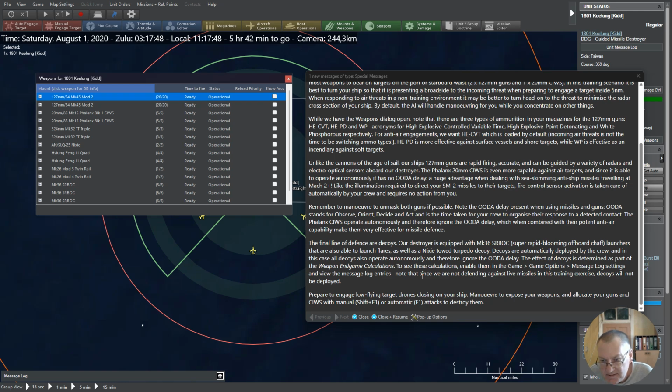The Phalanx is even more capable against air targets, and since it's able to operate autonomously, it has no delay, a huge advantage when dealing with sea-skimming anti-ship missiles traveling at Mach 2. Like the illumination required to direct your SM-2 missiles to their targets, the auto-fire sensor activation is taken care of automatically